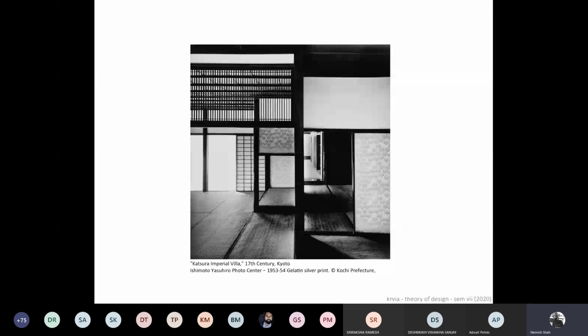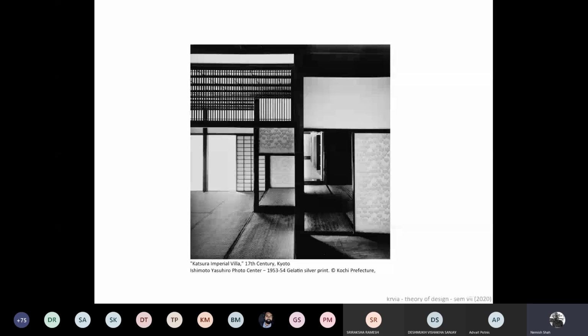This is just something that people start seeing their own history through a different lens. Nobody looked at the Katsura, the 17th century monument, as a very modern building. But when you see this kind of an image, you can see references to modern art, modernities, and ideas that are very different than the ideas that were rooted in the building of the palace.